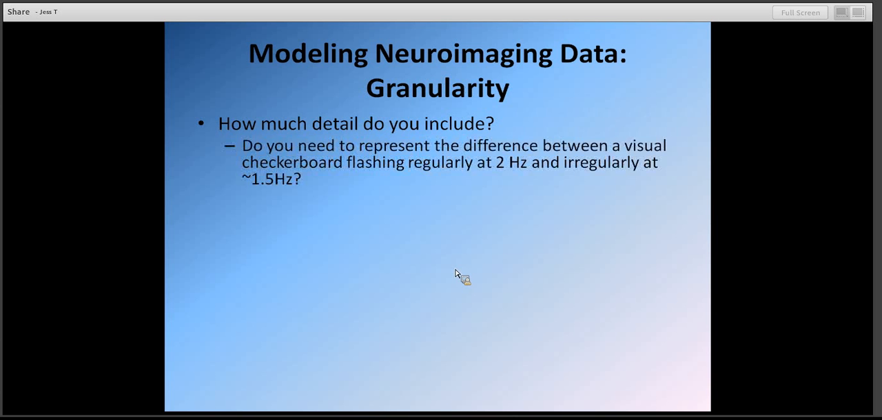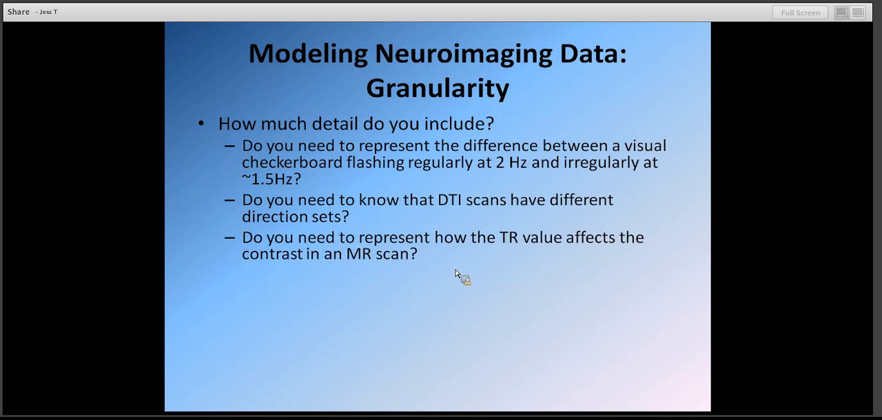Do we need to represent the difference between a visual checkerboard that flashes regularly at 2 Hertz and irregularly at 1.5 Hertz? No, the DTI scans have different direction sets. Does that actually affect what we want to reason over? Do we need to represent exactly how increasing or decreasing a TR value is going to affect the MR scan? Certain people need that, certain people